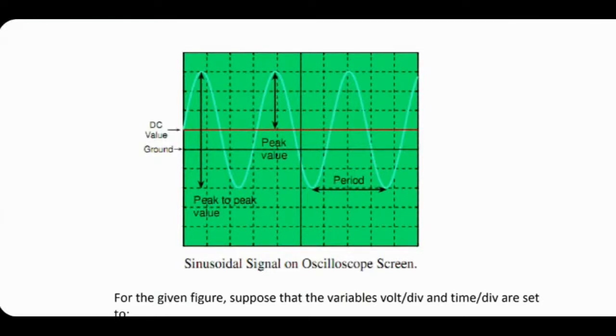This particular signal, if you see carefully, is not symmetric. The positive half has bigger value than the negative half. So in that case, if you calculate the average value, it will not be zero. You can use the basic equation that I gave you and figure out that the average value will not be zero in this case. It will be a positive value. That's what they're showing here. But peak to peak value would still be defined as the positive maximum value minus the negative maximum value. And time period, as we define all the time, is the time between two successive peaks of the same kind.